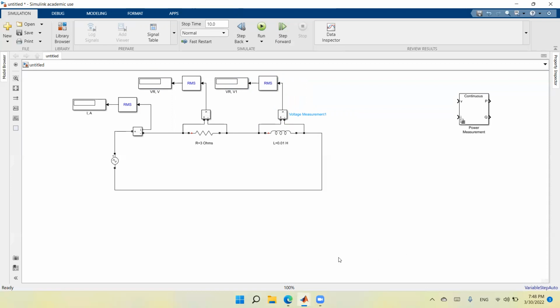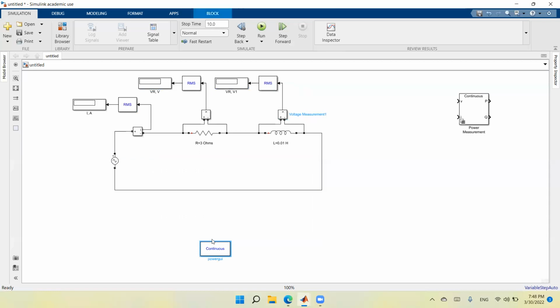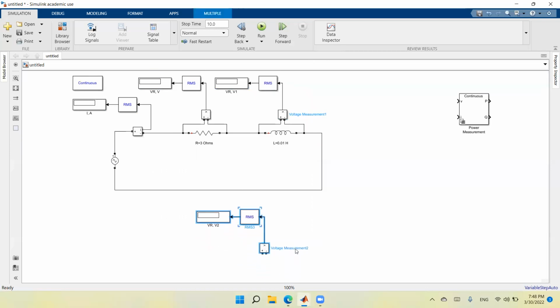So now everything is connected. I need to have the environment block, powergui. So I'm typing power, here is powergui, and I'm selecting it, and I should have it somewhere in the system. Okay. Now I need also to measure the voltage across the source. So again, I need to have all these blocks already copied. So I will do another paste, and I will use the mouse or the arrows in order to bring these blocks here